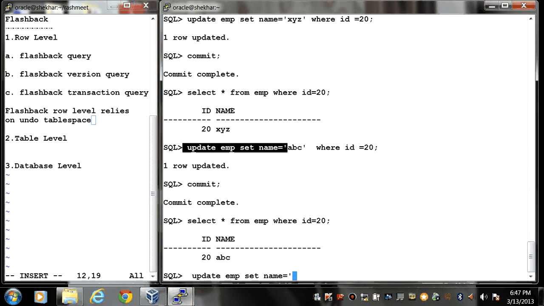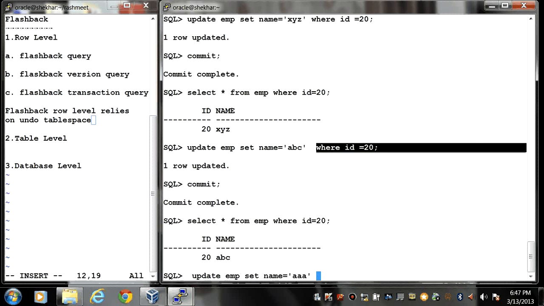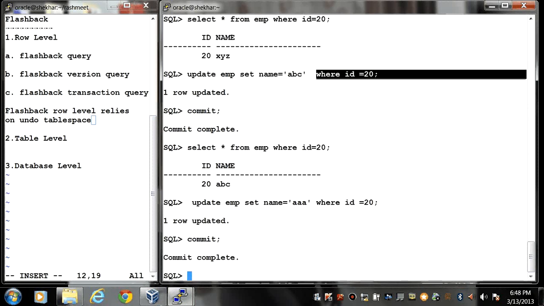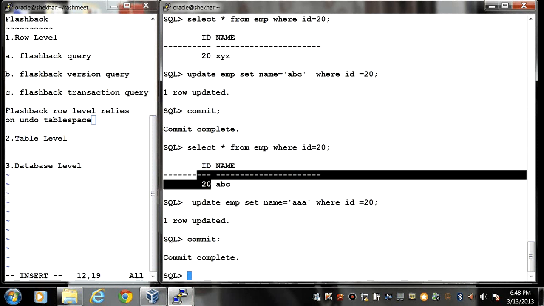Again I am going to perform some update to AAA where ID is equal to 20. Now again commit. So here I made 3 changes on a particular row, that is 20.